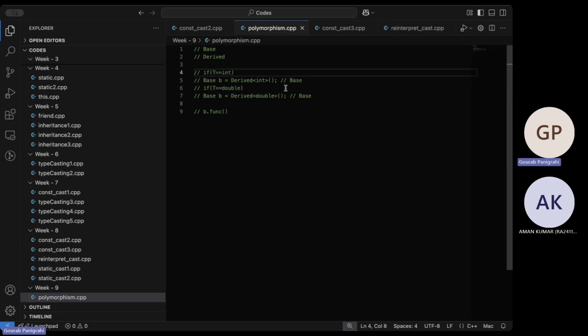But the good thing is, because my code will optimize all the functions for derived of integer during compilation itself, it will also do it for double. It will do it for every template parameter you already gave it. Now, only during runtime, it will set either this to be B or this to be B. That's it. Think of it this way.